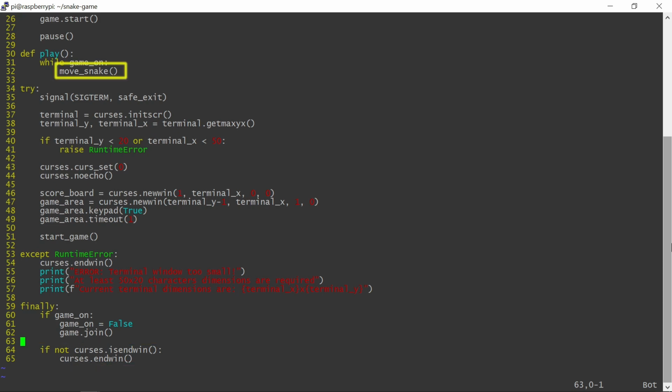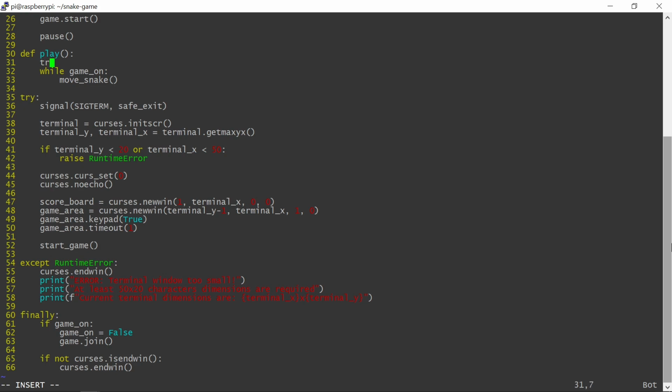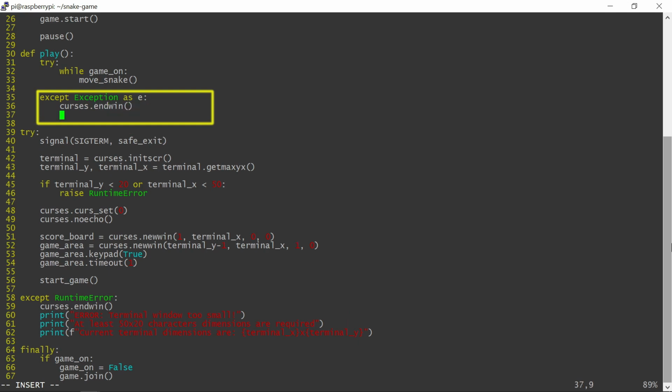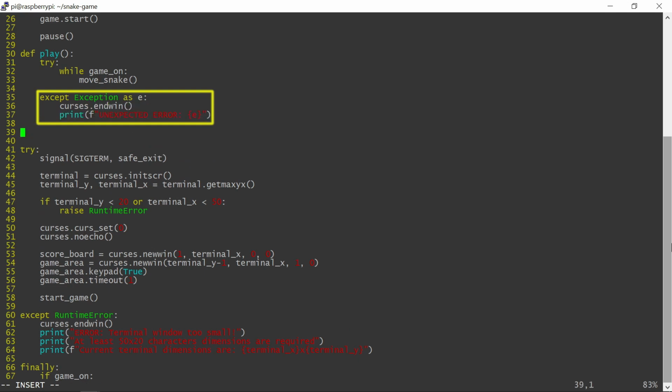I expect that the moveSnake function will produce runtime errors, especially while I will be developing the game. I want to gracefully handle game crashes, so I will add a try container here, handling all exceptions in a generic fashion. If the program crashes within the thread, it will display the error description and the thread will end its job. The main program thread will be at the pause statement afterwards, where I can stop the program by pressing Ctrl+C.